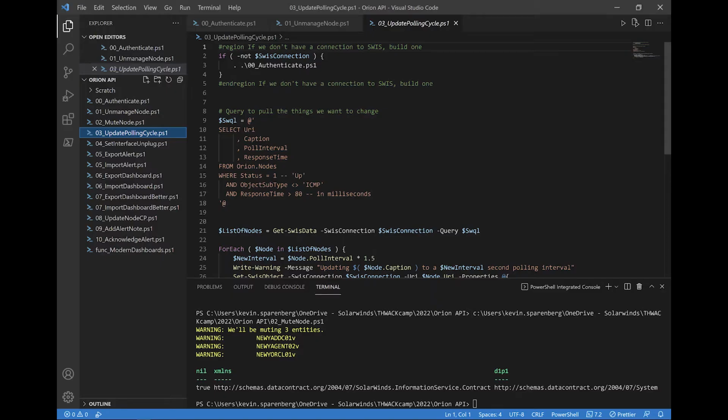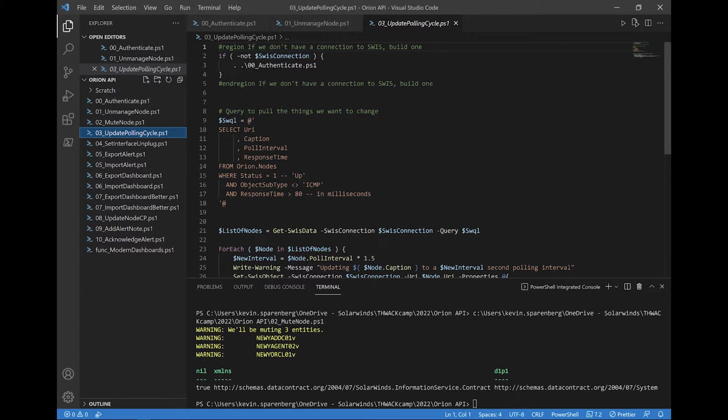The polling interval is just the time between calls out to a device, and it defaults to 120 seconds for most devices. It just means every 120 seconds it's going to go out and say, hey, you okay? Cool? All right, we'll continue to report the status of up. But sometimes you have things that are pretty far away or things that are more critical and you need it closer. So I'm just going to show an example of how to update the polling cycle for a specific node, or in this case, any node that is over a specific response time. This is not necessarily a real world example.